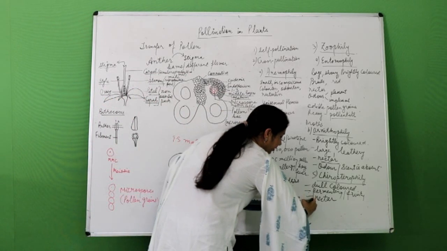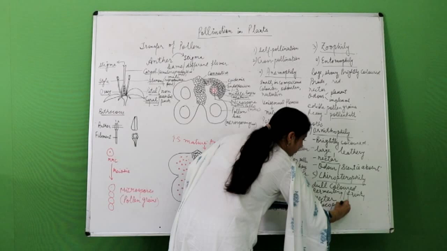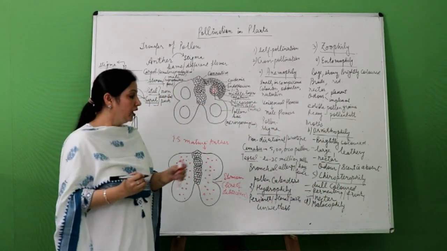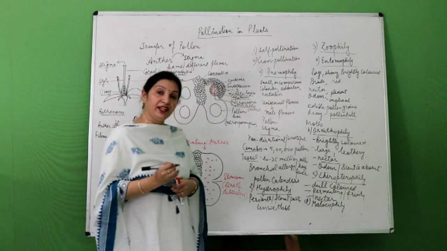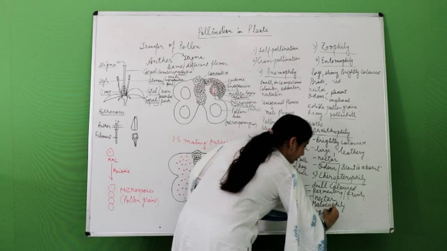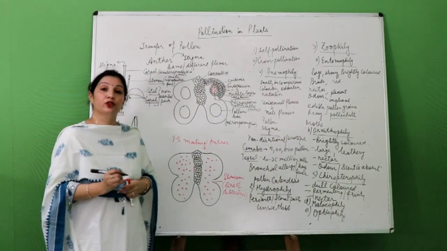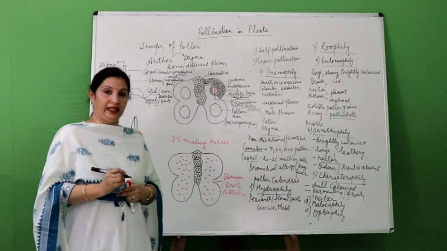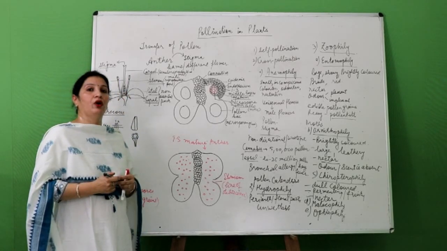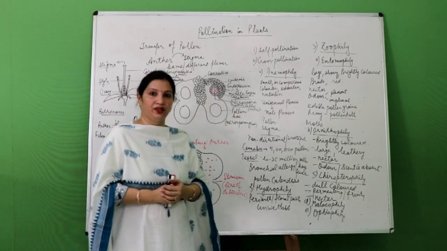Then we have a very interesting pollination, that is malacophily. Now malacophily is the pollination by snails, and it has been seen in some aquatic plants like Lemna. And there is another type of pollination, that is pollination with the help of snakes, and that has also been seen in Sandal and Micaelia. So these are the various types of pollination and the various characteristics of these flowers which are pollinated by different agents. Thank you.